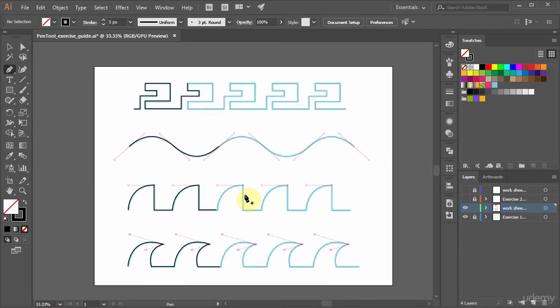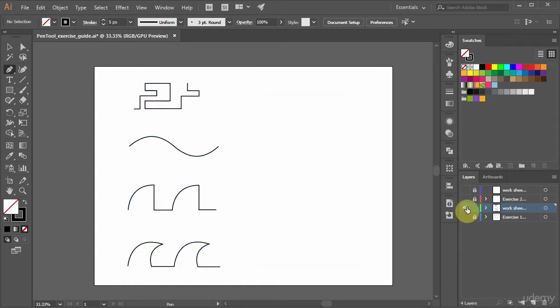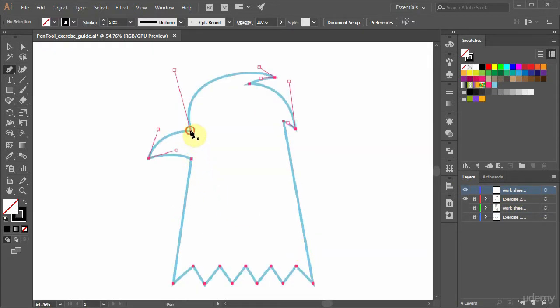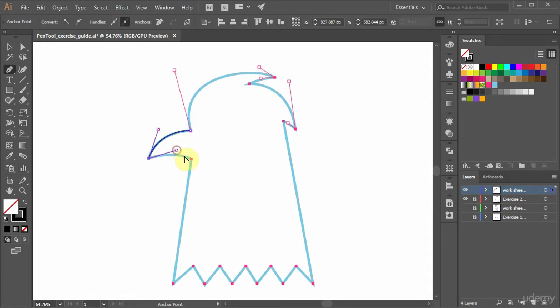Okay, if you successfully create all of the exercises, it's time to move on to another complex shape. Let's create an eagle head silhouette. Let's first click and release in here to create a corner point. Then click and drag like this, and while dragging and holding the mouse, hold the Alt key and move it like so. Release the mouse, then the Alt key. Next, click in here